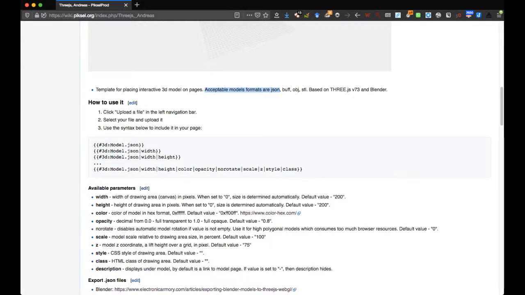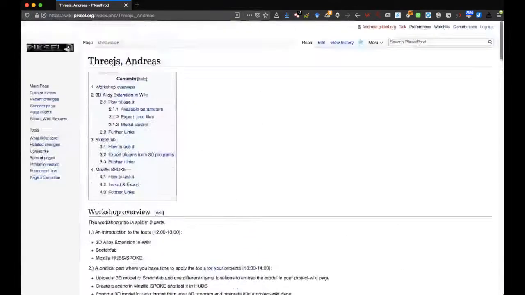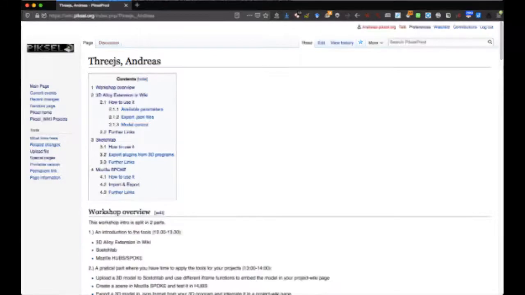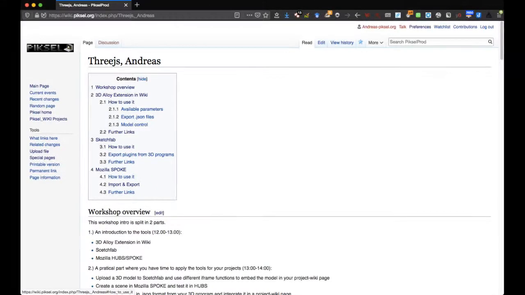So how to use it is simply that you click the upload a file link in the left navigation bar. So if I scroll up to the main navigation that you see here on the left side, here I can click upload a file in the tools section,